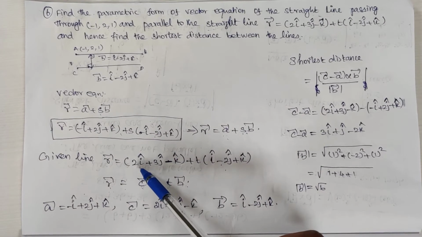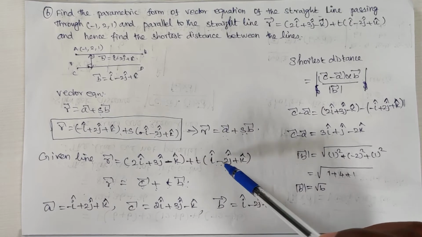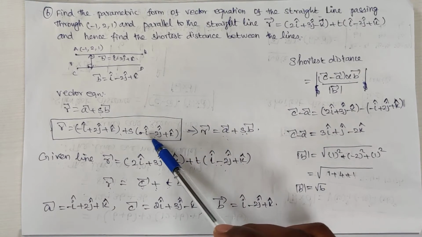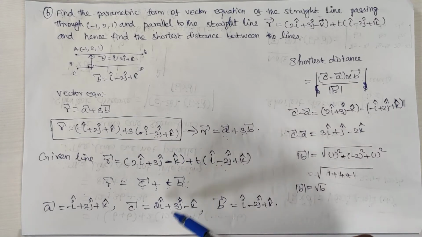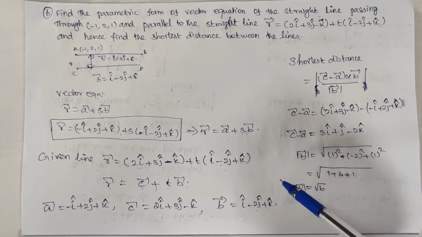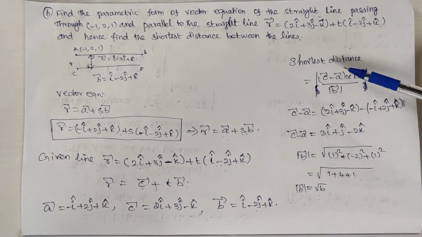So c vector equal to what? 2i cap plus 3j cap minus k cap. b vector is i vector minus 2j vector plus k vector. When we compare here, that is what comes. So i vector minus 2j vector plus k vector. So b vector is equal to what? i vector minus 2j vector plus k vector. So we already know the shortest distance formula,